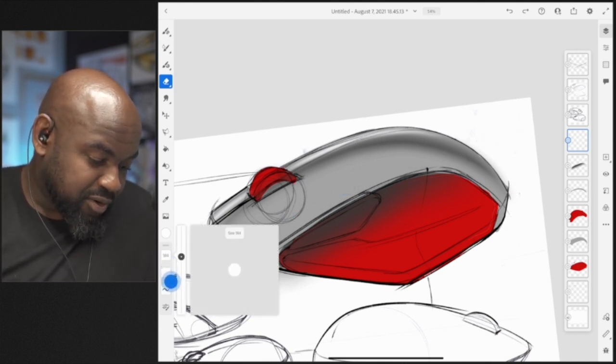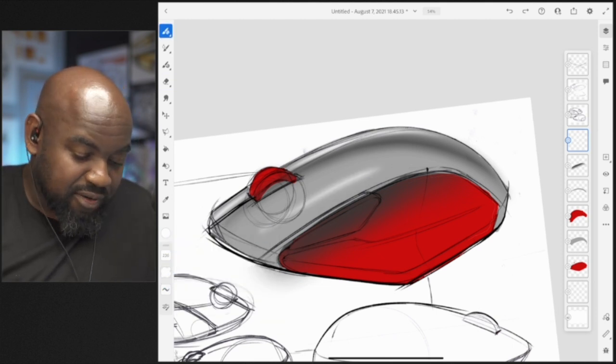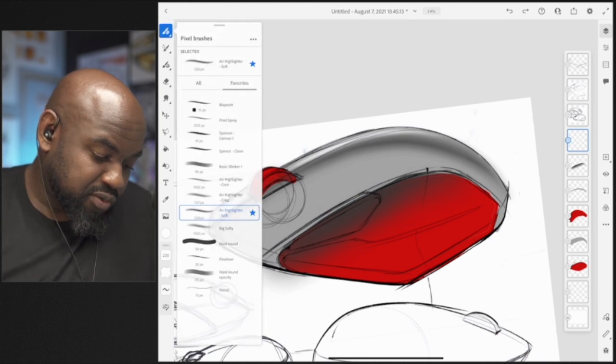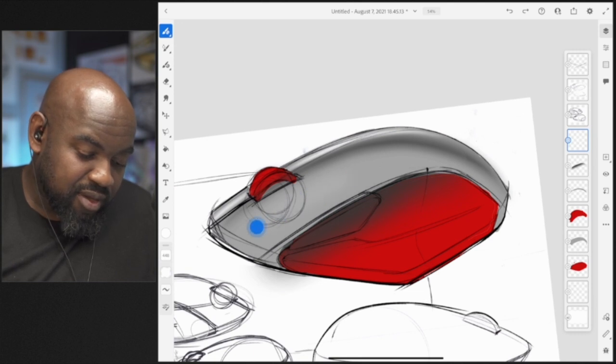Oops, I was scaling the wrong brush. Sometimes I do that, but it's okay. It happens to the best of us. All right. So now let's switch to my nice soft airbrush here, and I just want to lighten up a